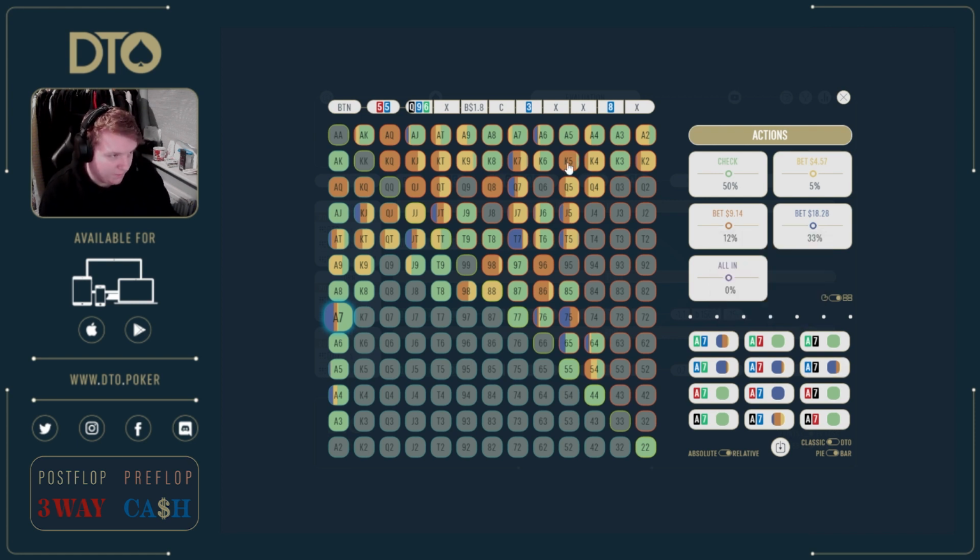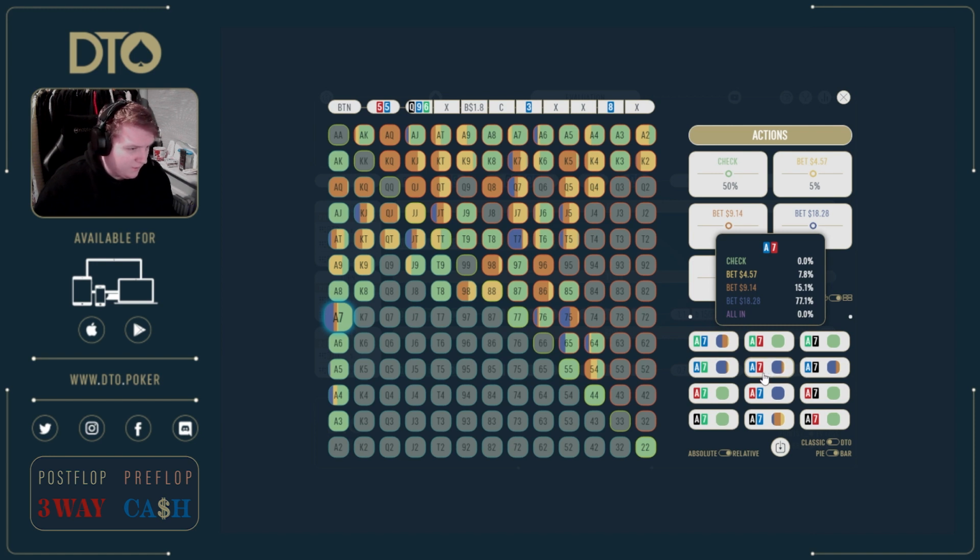Any of these hands that are mixing, performing different sizings or mixing check and bet, all of these hands are indifferent. I think the majority of regs' mistakes at higher stakes actually tend to trend towards mixing errors. So say instead of betting $18.28 77.1% of the time, I'm betting it 90% of the time. Equilibrium is designed around these frequencies, right? And when you start making mixing errors,